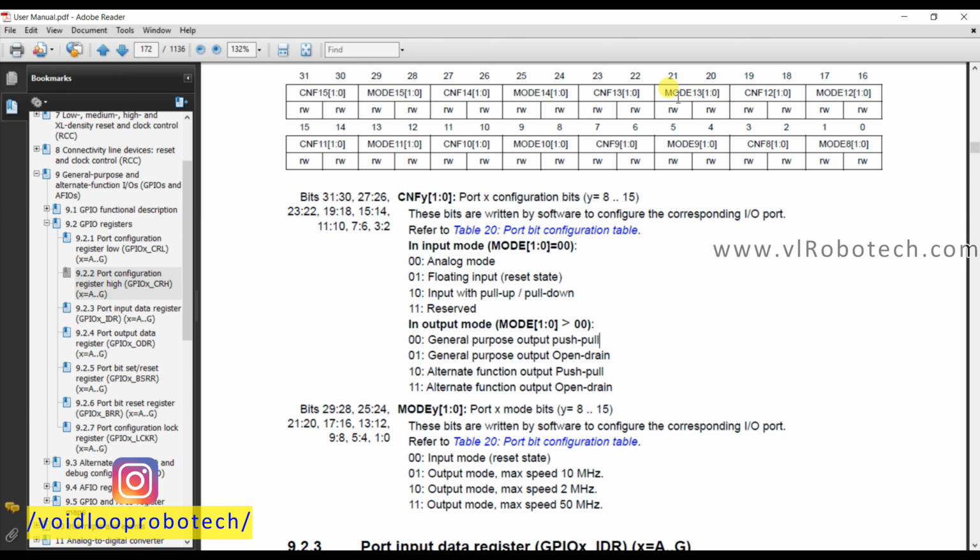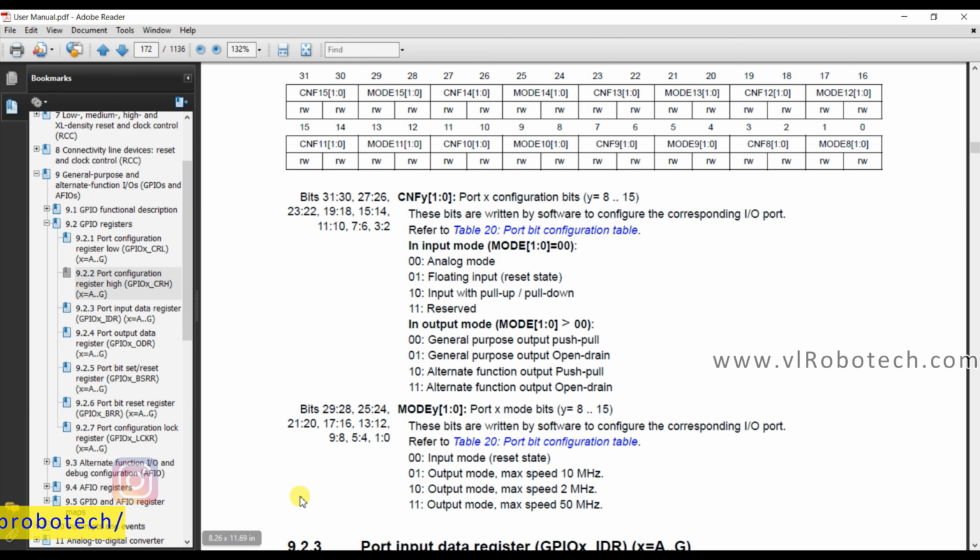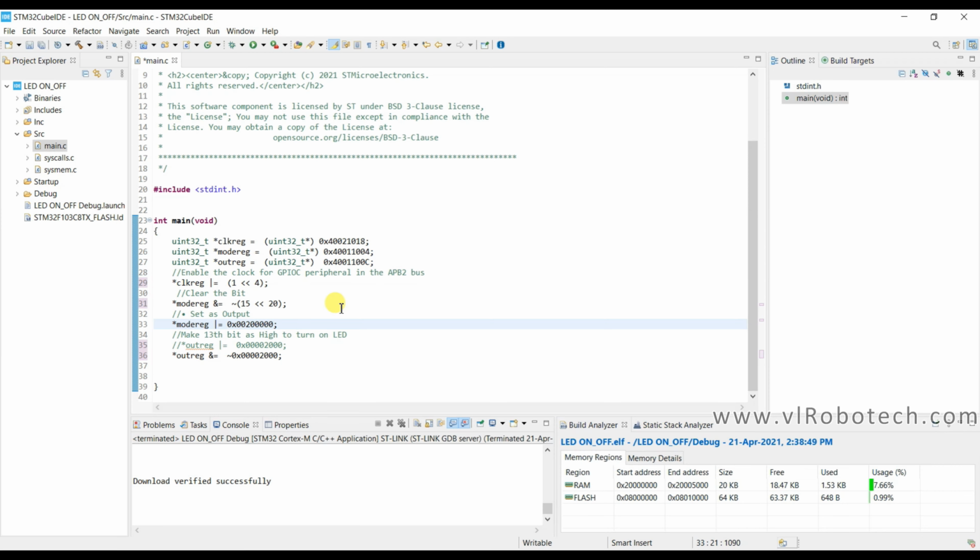Okay, so only 21st bit position will be set. So here we can type 1, left shifted by 21st. Okay, now code is ready.